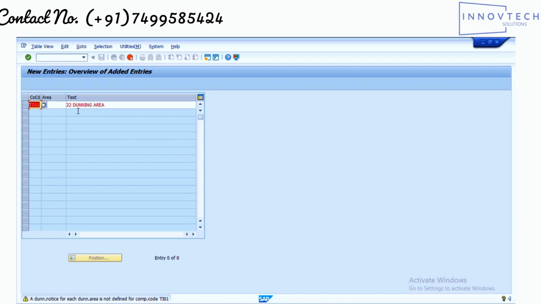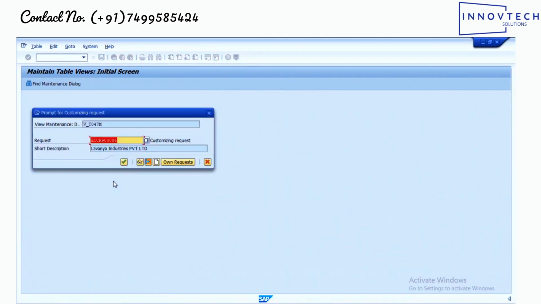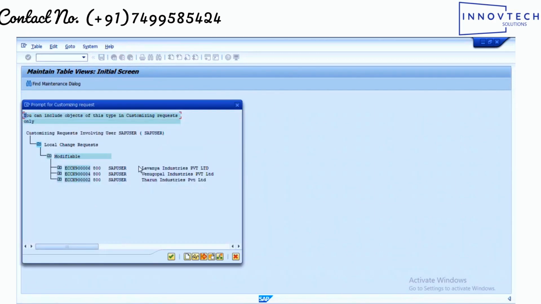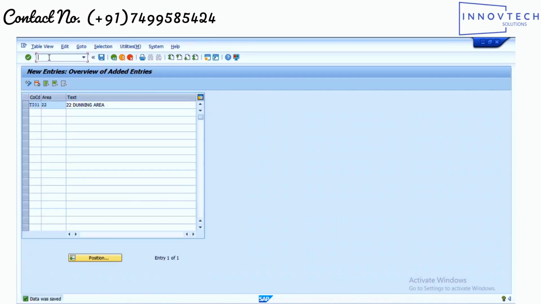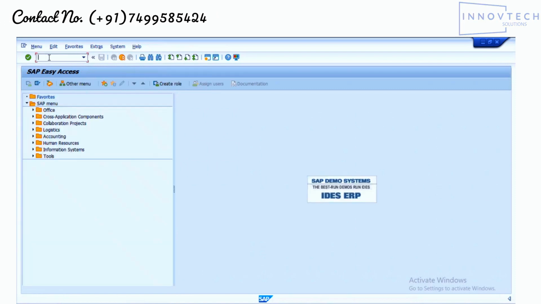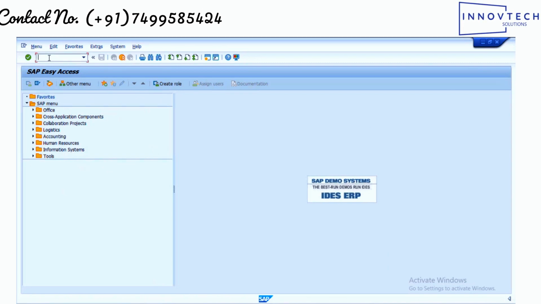Then you just ignore that notification and press it again and show it. Then you have to create a dunning procedure, meaning interval in days, text, levels, grace line item period, all those things. To execute that, you have to use the transaction code and